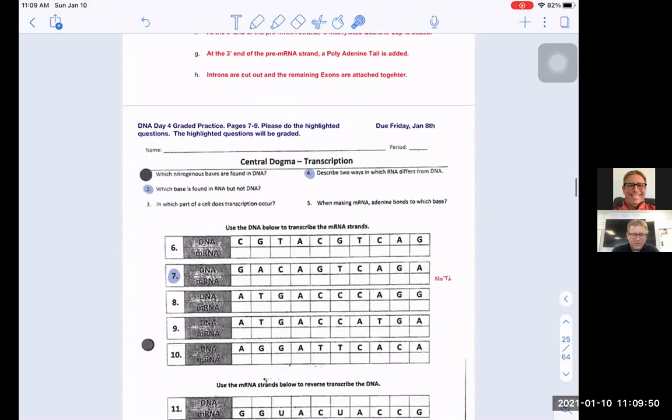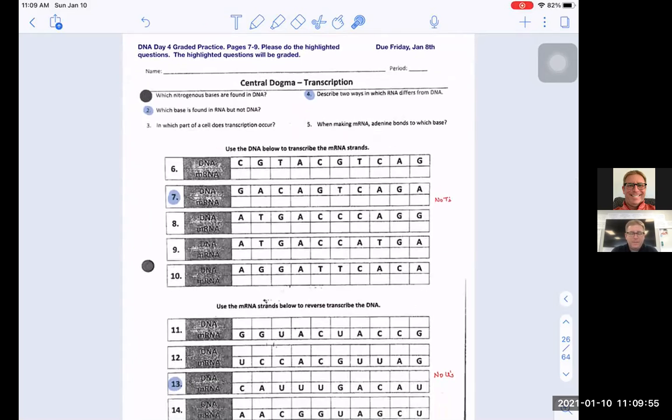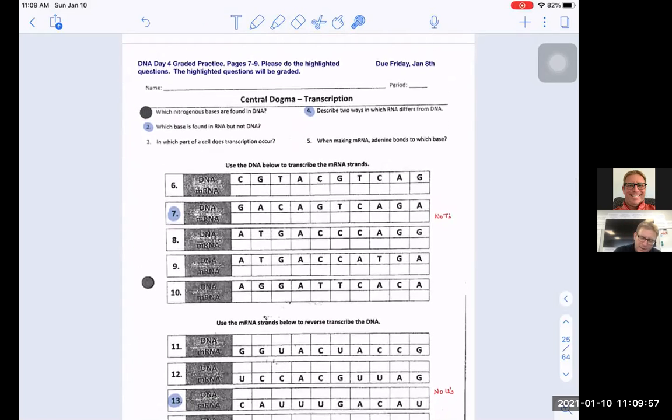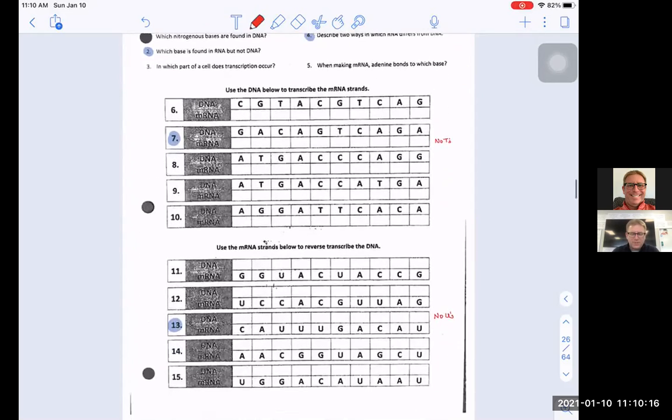Then the homework assignment is going to be day 4. And this will be due for Tuesday. So I'm going to write that on here now, like day 4. This is going to be due Tuesday, January. Today's the 10th, so that would make that the 12th. Okay, day 4, due Tuesday, January 12th. Again, you're only doing the highlighted parts.